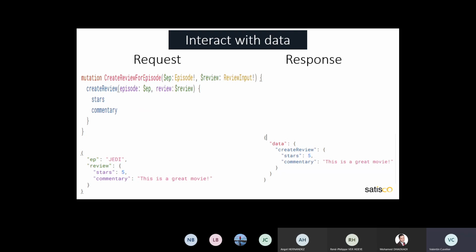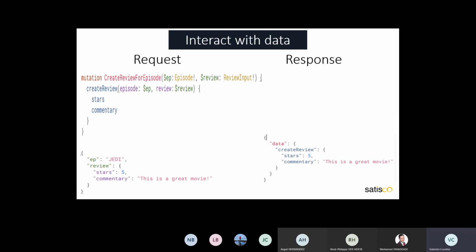By convention, we know that we don't use a GET method to modify the data. So it is equivalent for REST and GraphQL. In GraphQL we use an operation, and this operation is called mutation. As you see, we define here a mutation createReview for episode.